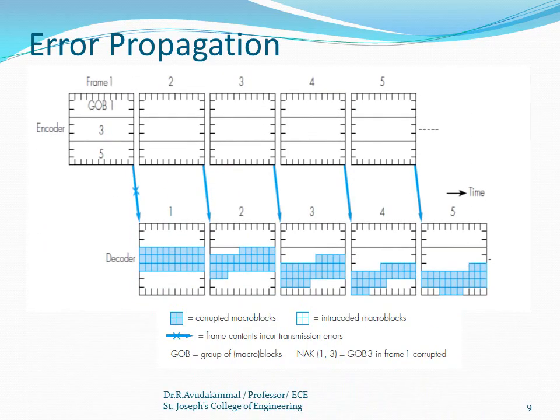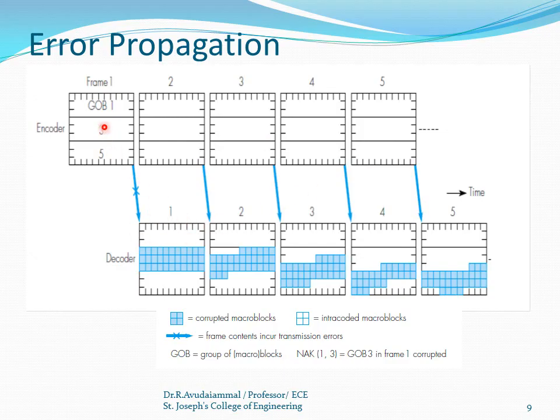Assume that this is our encoder. Assume it is a QCIF resolution. Therefore, there are only 3 GOBs. And we all know that in the GOB, can you see the number of lines here? That indicates you have 3 rows and 11 columns. That is the indication of that line. For simplification, it is represented like that. And totally, in this example, there are 5 frames, and it is still being transmitted.